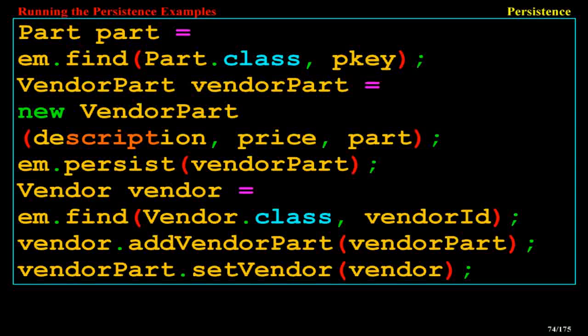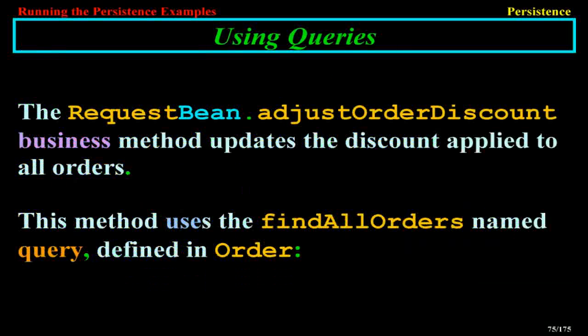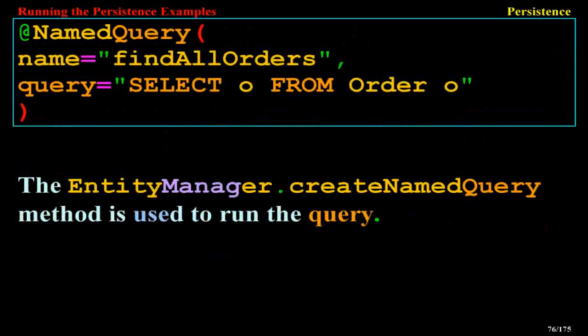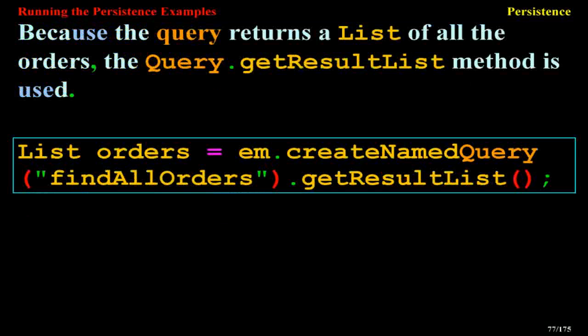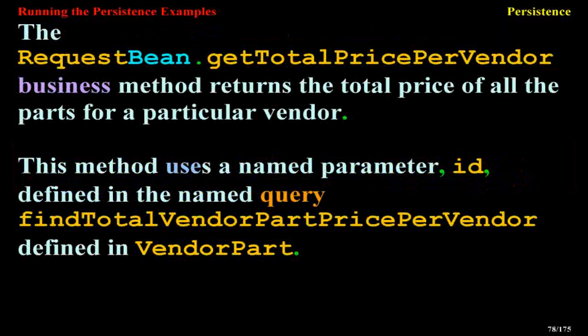Using queries. The RequestBean.adjustOrderDiscount business method updates the discount applied to all orders. This method uses the findAllOrders named query to find orders. @NamedQuery(name = "findAllOrders", query = "SELECT o FROM Order o"). The EntityManager.createNamedQuery method is used to run the query. Because the query returns a list of all the orders, the Query.getResultList method is used. List orders = em.createNamedQuery("findAllOrders").getResultList();